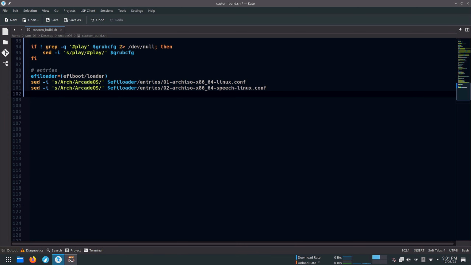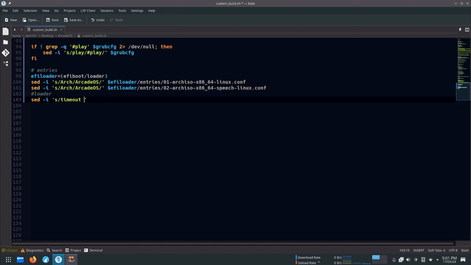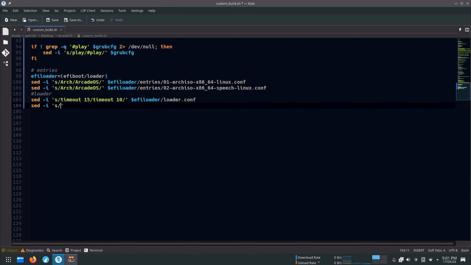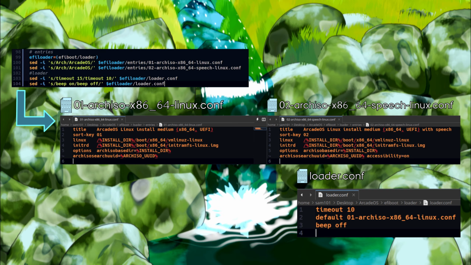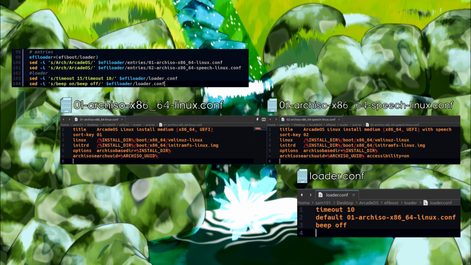Now we are making some changes inside loader.conf like timeout from 15 to 10 and beep from on to off. As you can see, these are the final changes inside the entries and loader section.